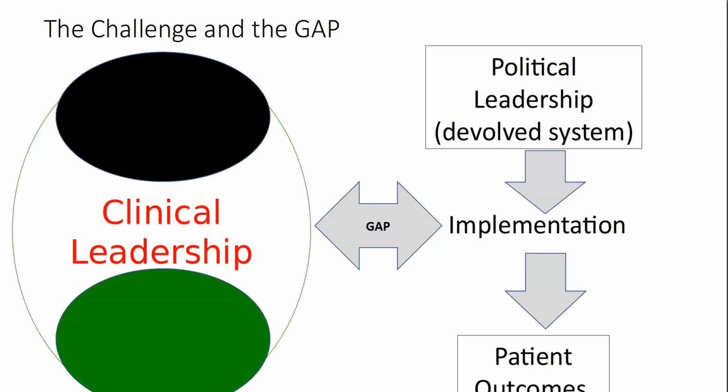And that is the gap that then exists between the political leadership who are holding the resources and the clinical leadership who have to carry out the work. So you hear "it depends," and that means that no information is forthcoming. And so we have this big gap because the political leadership and those managers who are entrusted to implement the